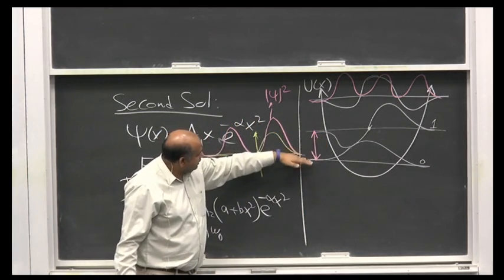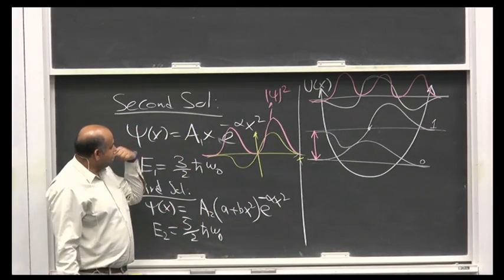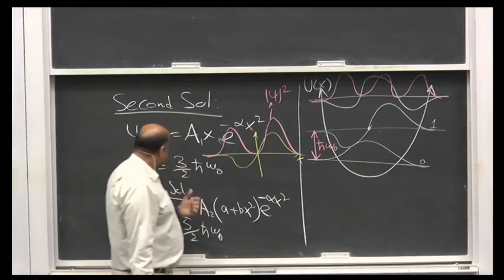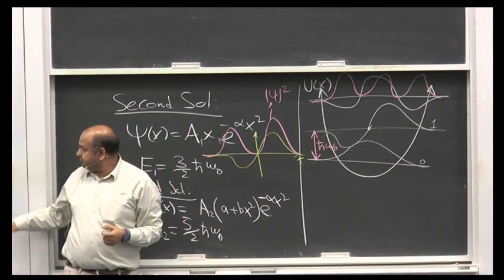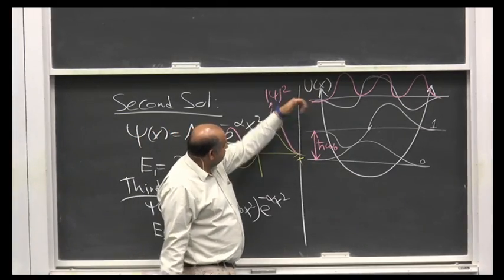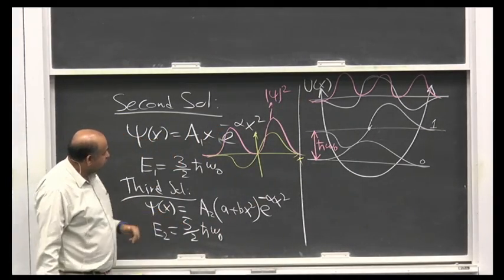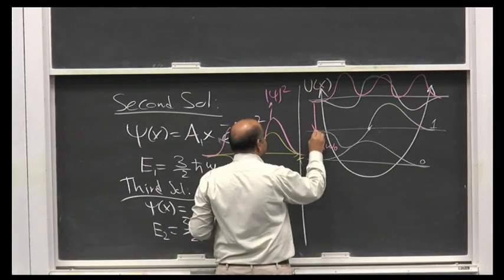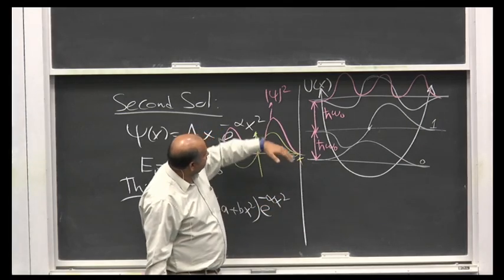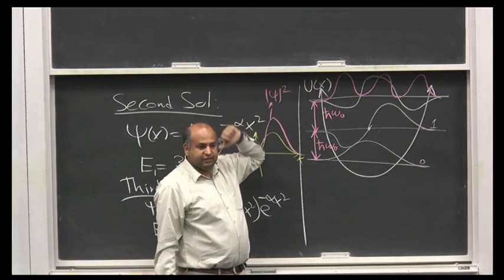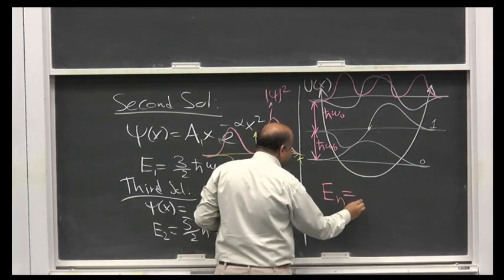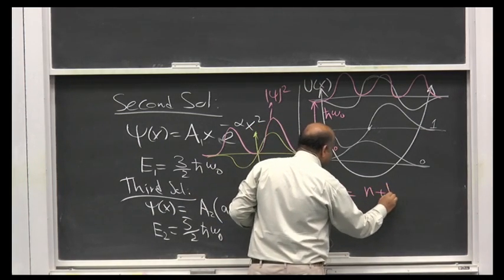इन दो स्टेट में एनर्जी डिफरेंस कितना हुआ, this minus that is h cut omega, राइट। इसमें से आप जो इसकी एनर्जी है ये माइनस कर दें, और यहां से यहां तक एनर्जी डिफरेंस कितना होगा, 3/2 से 5/2 तक, another h cut omega naught. Similarly जो आप गैस कर सकते हैं, जो नेक्स्ट स्टेट होगी वो भी ऐसे ही चलती जाएगी। तो इसका मतलब है कि for harmonic oscillator the energy levels are defined by